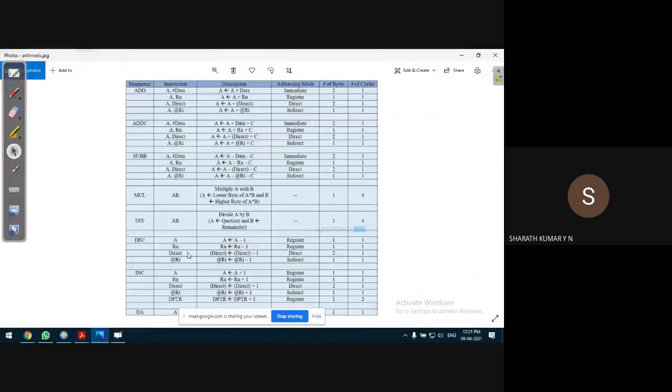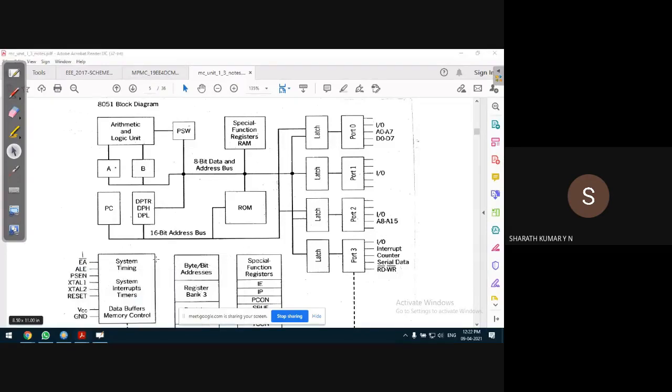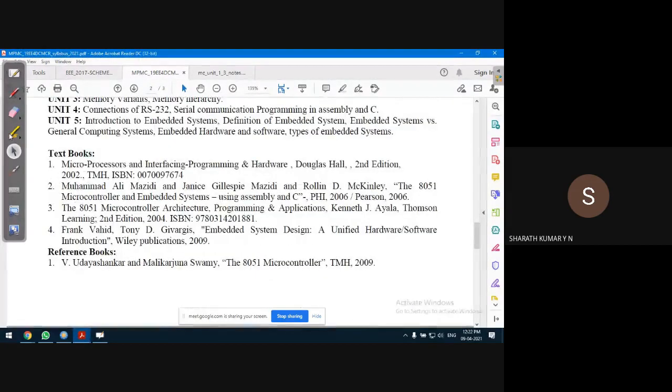Next is the 8051 microcontroller. I'll be sharing this material, no problem. I have a lot of material to share with you guys. Yesterday somebody asked a question about which textbooks to refer for this course. I think I mentioned it, but no issues. Two textbooks. Actually, the main textbook is this one, guys: Douglas V. Hall. This is the main textbook for microprocessor, and for microcontroller it is Mazidi, Muhammad Ali Mazidi.